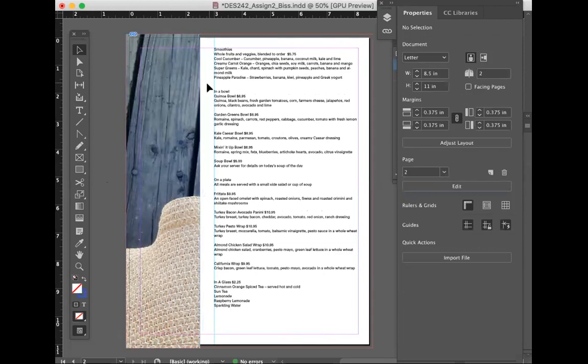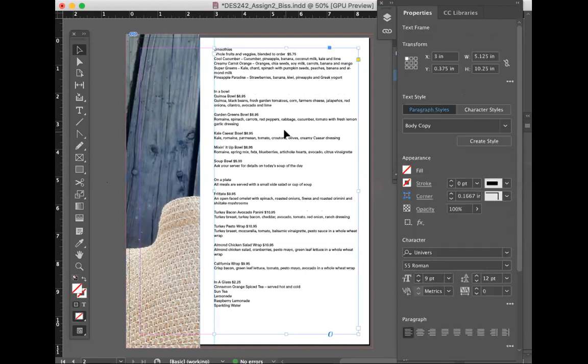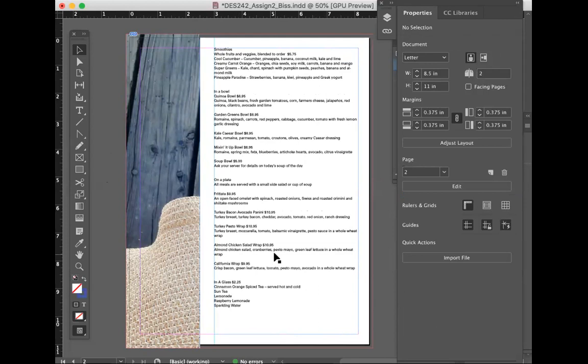I'm going to give a nice space in between. We don't want it too close to the image. I'm going to be doing other stuff here. That's why I need a little bit more space. But my copy box is about 5 inches wide, which is a good start. It looks like all my copy will fit in here too.